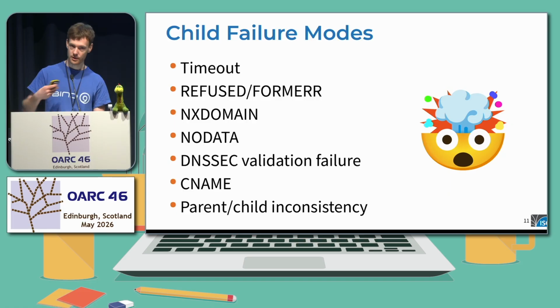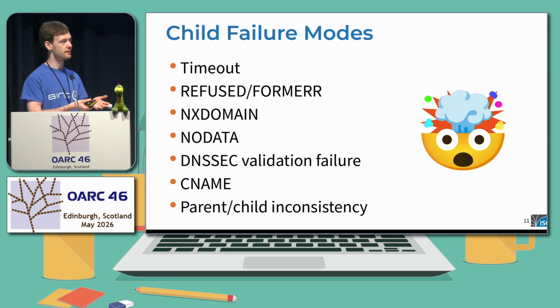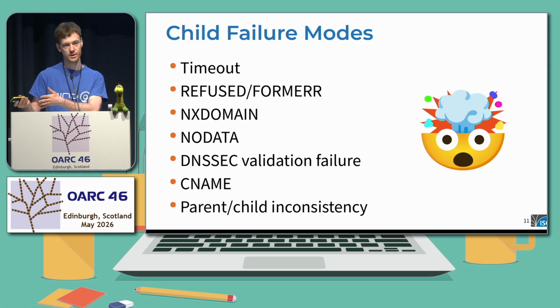This can be generalized to: what is the resolver supposed to do when it tries to get the child side record and then something happens? For years and years in a row, Google Domains were giving REFUSED if you asked for the Apex NS record. And everything worked. No one cared. Because the resolvers have code to fall back from the child side to the parent side when the child doesn't work. And then, okay, so why do we even bother with the child side? There are a number of reasons which can go wrong, and basically all of them happen in practice.